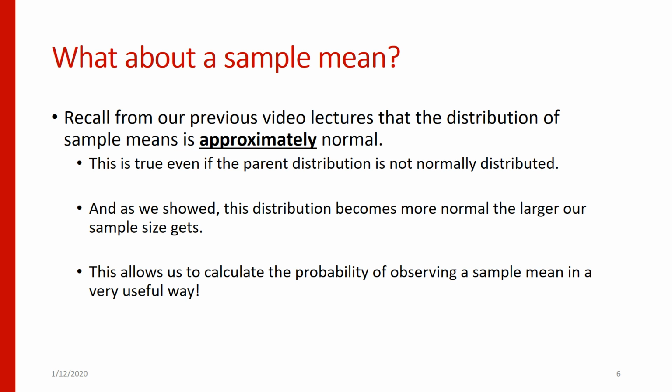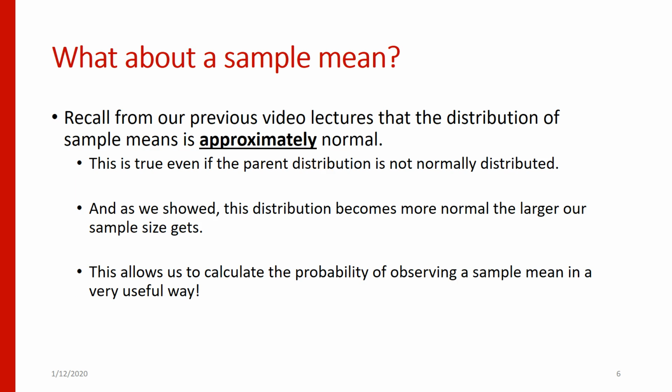our sample size gets. Now, if we had a normal distribution to begin with, the distribution of sample means will be pretty normal at small sample sizes. But if we have a very abnormal, or non-normal distribution, I should say, what you're going to get is a less normal distribution until your sample sizes start to get pretty large. But as our sample sizes get large enough, we know we're going to hit a normal distribution regardless of what the parent population looks like. And this is great because it allows us to calculate the probability of observing a sample mean in a very